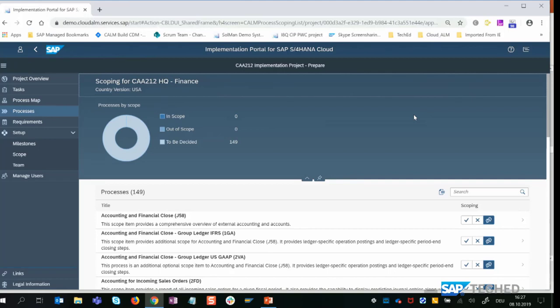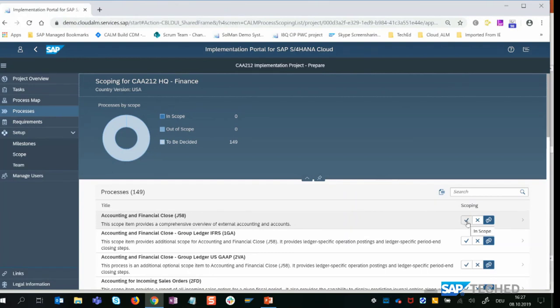And for those of you who have already some experience with our best practice processes, you can see here all these finance processes. You can view the name or also the number, if you are familiar with the nomenclature of the best practice processes.